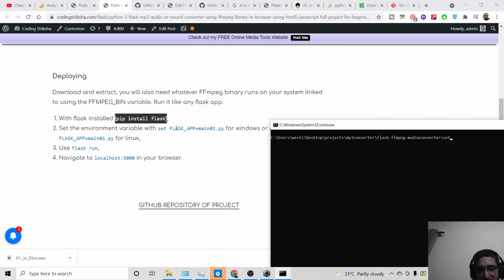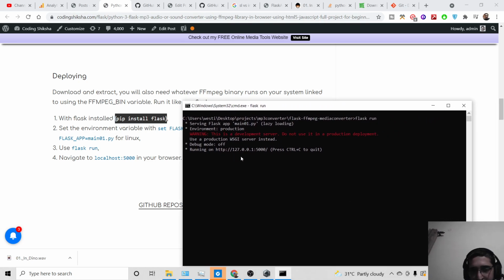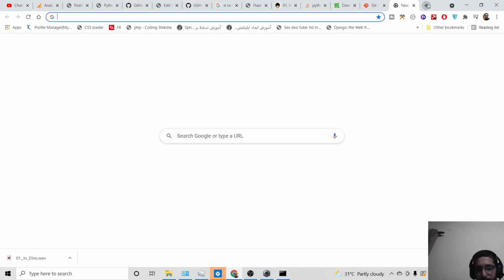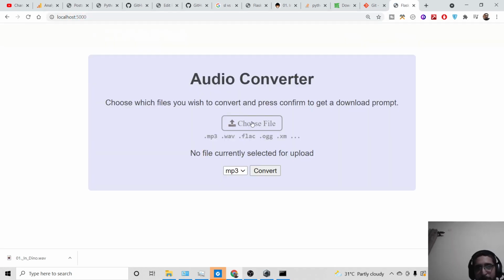This is set FLASK_APP in capital letters equal to main01.py. Just execute this command and then run flask run to run the application. Now it will run your application at port number 5000. If you open localhost 5000, your app is ready.